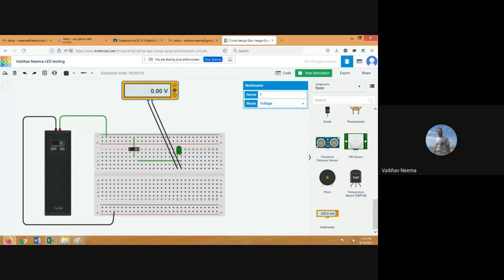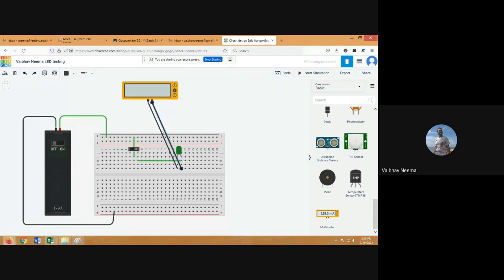The voltage across this LED is 0 volts. If you get 0 volts across this LED, what does it mean? The LED is turned off. For forward biasing of this LED, we need to apply about 0.7 volts in forward bias condition. But here, the voltage across the LED is zero. So from this, you can identify and test your circuit with the help of this multimeter.